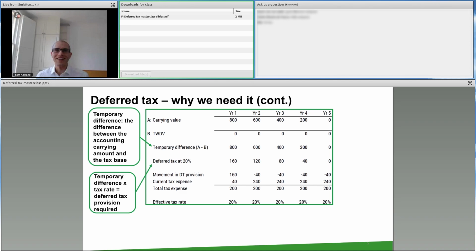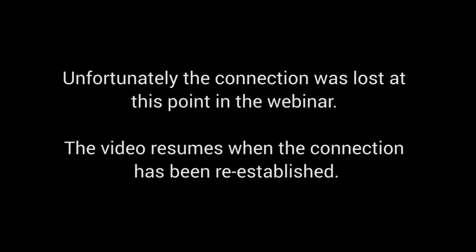Okay, so how do I put that 160 in my accounts? Well, I haven't got any deferred tax in my accounts at the moment. So what I do is I debit tax expense and credit deferred tax liability. Notice what that means the total tax expense is in this period. I've now got 160 as a tax expense arising from this deferred tax. And I had, remember, this very low current tax expense of 40. So the total tax expense is now